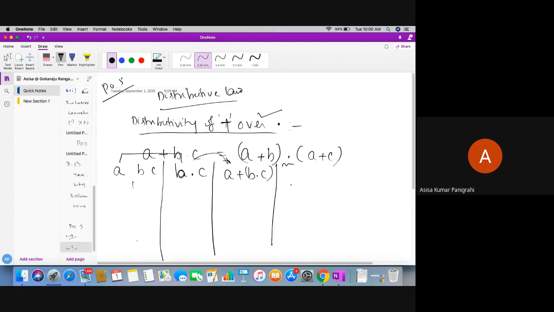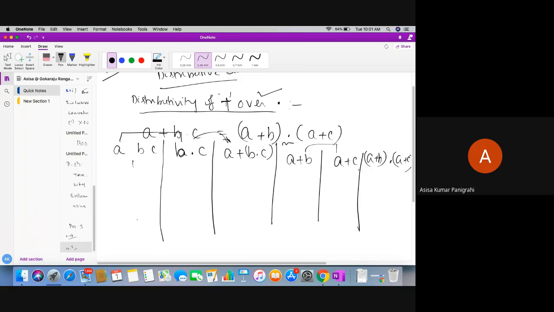Then perform A or B. Next perform A or C. Next, perform the AND of (A or B) and (A or C). Whatever result you got here, the column results will be equal. So this is the proof. Very simple. If somebody asks you to prove the distributivity of the OR gate over the AND gate, you can do it this way. Any doubt, students?